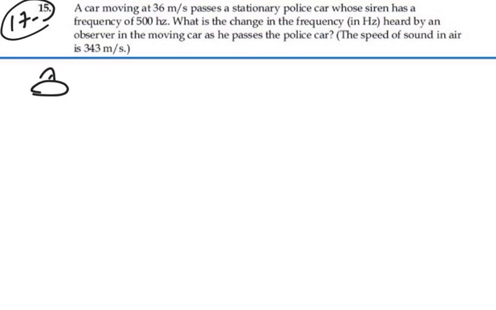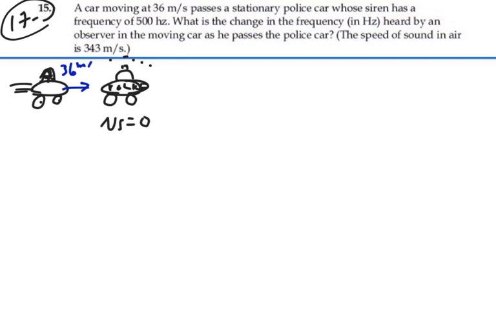So we have a car, and we have a stationary police car. So the velocity of the source is going to be 0. And to begin with, we're approaching at 36 meters per second, and then we're going to recede at 36 meters per second. So when we're moving toward,